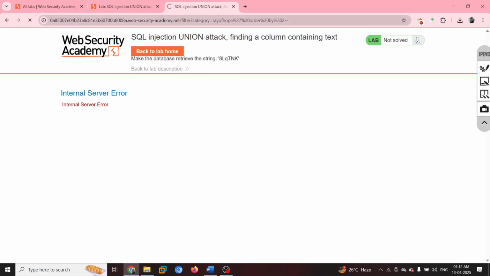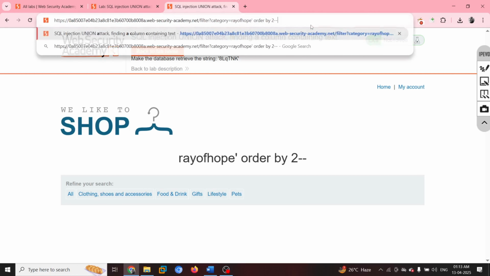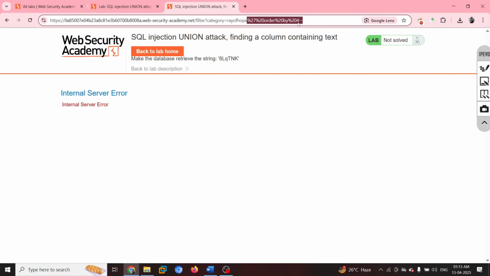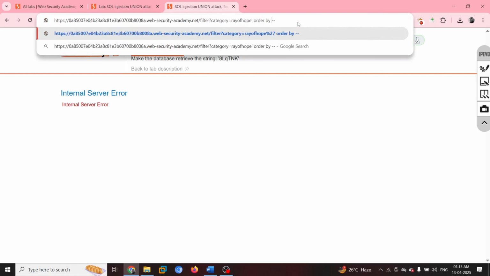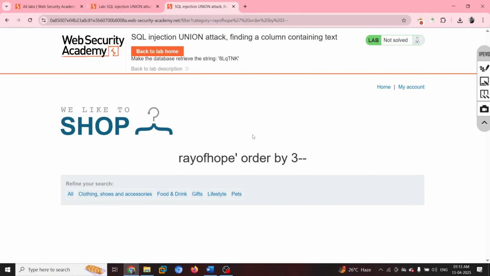It could be that the application has more than 2 columns, so next I change it to 4 and hit enter. It gives an internal server error, which means it has less than 4 columns, probably 3. If I put 3, there you go, we got it. That means it has 3 columns.